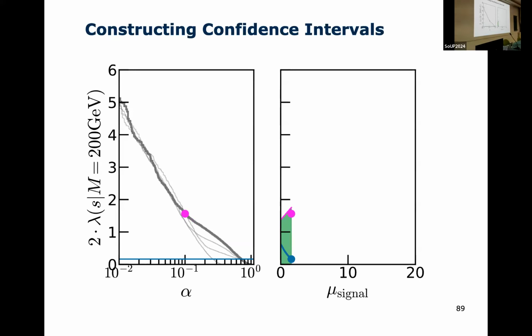So we go a couple of steps further. Now I've done multiple toy MCs here for each of these steps in true value of mu signal. And for each of them, you have a curve here that's based on the toy MCs that says, this is how to convert your log likelihood ratio to p-values for this true signal. Right, so you compute your likelihood and you compute your p-value for that likelihood side by side. And then you do this for all the different mu signals, whoop, out.